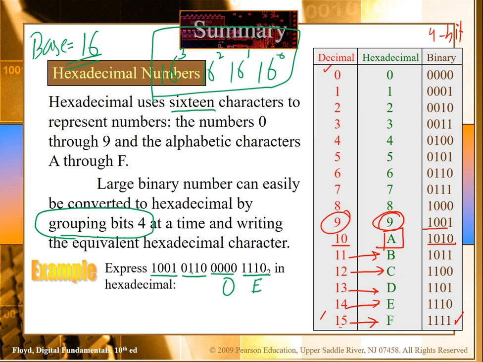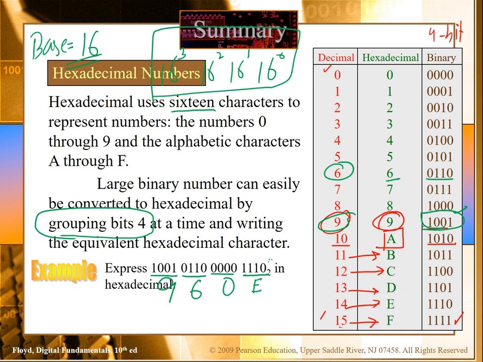And this number is 6 in the decimal system, so we just write 6 in hexadecimal also. And this number is 9, in decimal and also in hexadecimal. So just group them in 4 bits and then write the equivalent hexadecimal number.